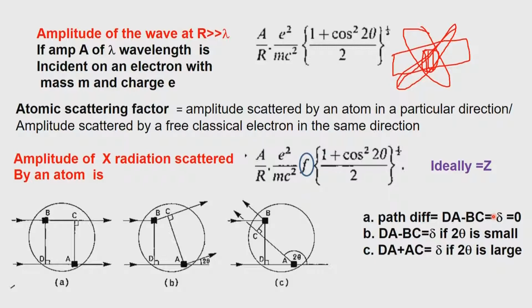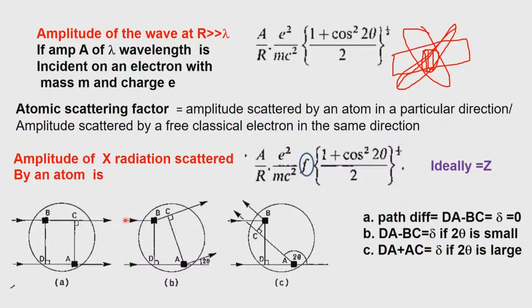But as we increase or change the scattering direction, we see that as we rotate the crystal, different parts of the reciprocal lattice will come, and therefore, the angle has to change, and that angle changes following the Bragg's condition. So, as the angle changes, if the angles are very small, as is shown here in the second diagram, which is referred to as B, then if the angle is small like 2 theta indicated here, it is a small change.